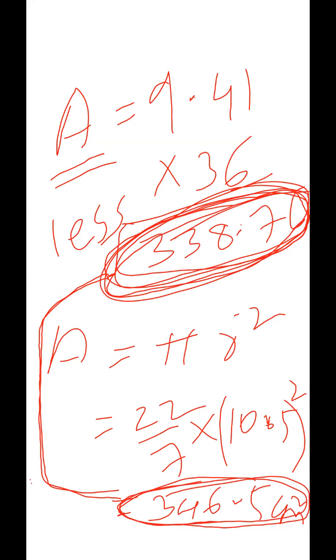Your project is done now. This is the last step: you have to compare the areas. I hope everyone has understood. If there is any doubt, ask. How to write while comparing them? Just write a statement: the area of one triangle is 9.41. Therefore, the area of 36 triangles is 9.41 into 36. That is this much.